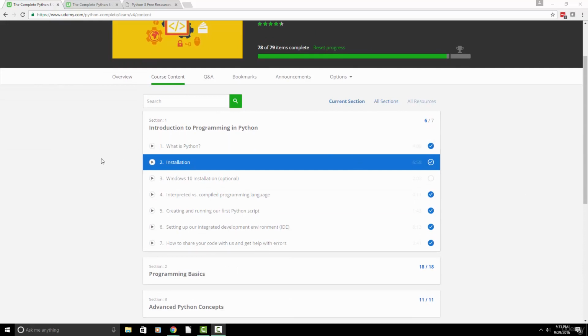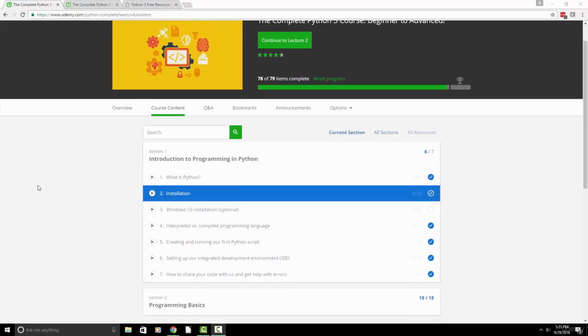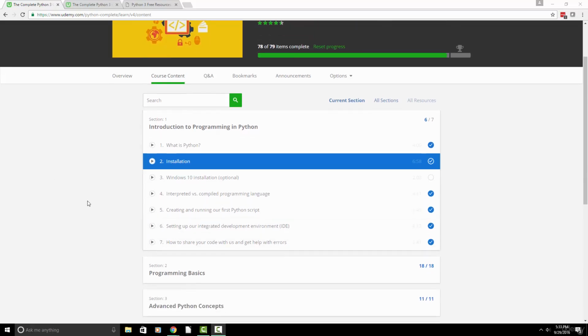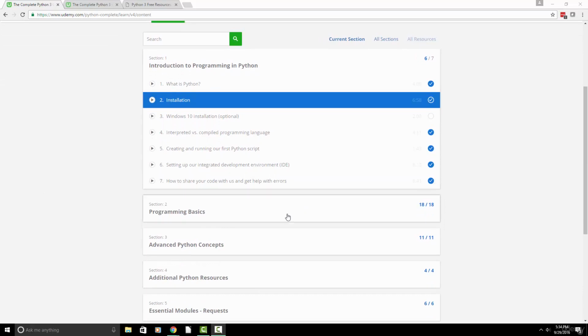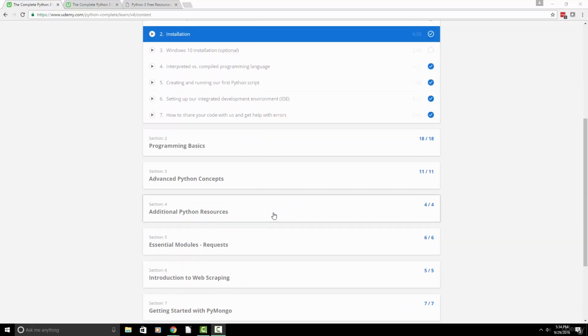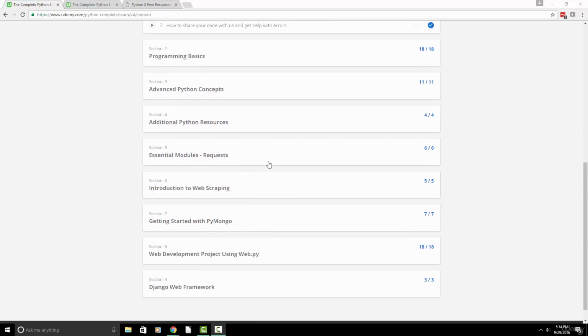So we're going to begin with an introduction to Python, and this will assist you with getting set up for the course. It will help you install Python, help you get your IDE up and running. And then we'll move on to programming basics, advanced Python concepts, additional resources, and then we'll start getting into modules